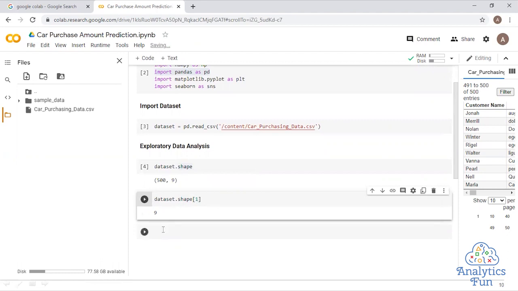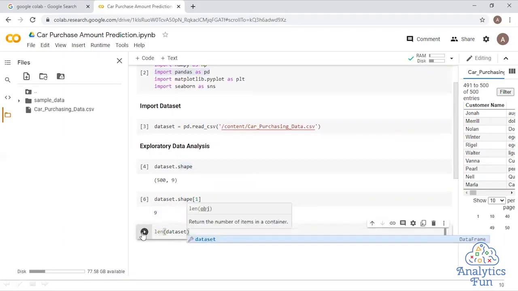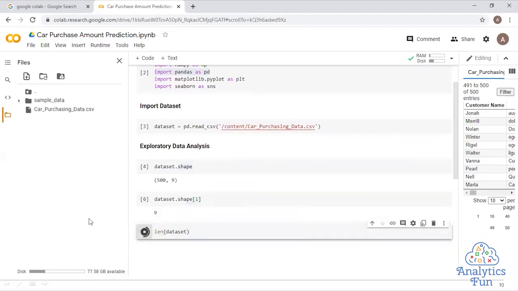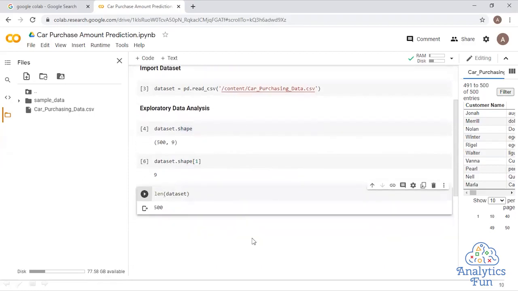There is another method to get these 500 rows, which is known as the length method. You can do len of dataset, and run it. So you have 500 rows. So these are the methods to get the number of rows and the number of columns in your dataset.